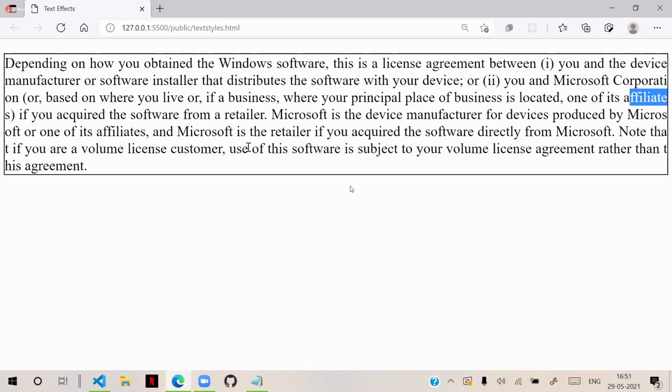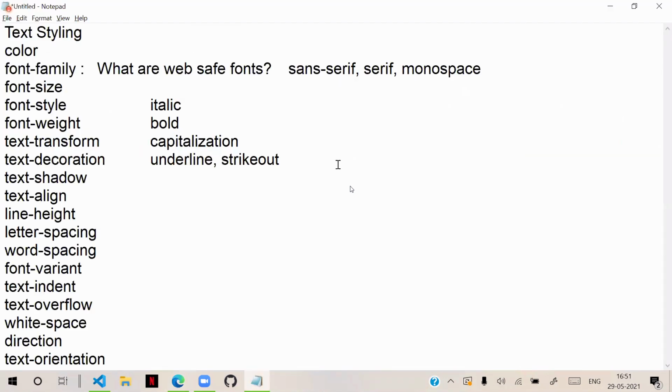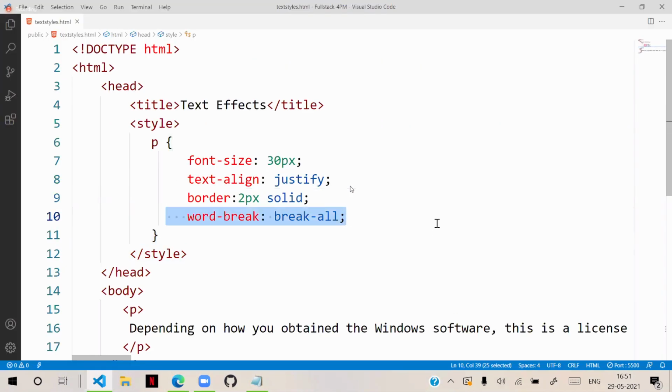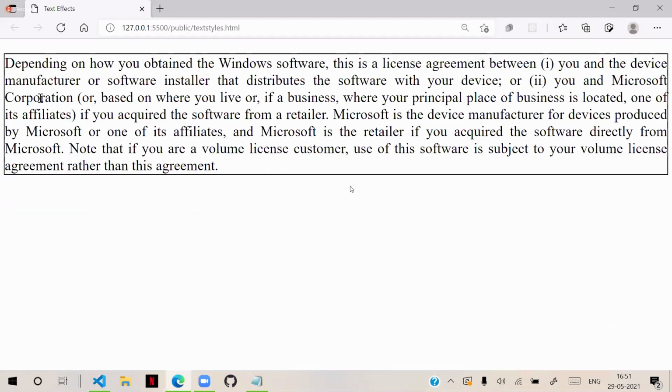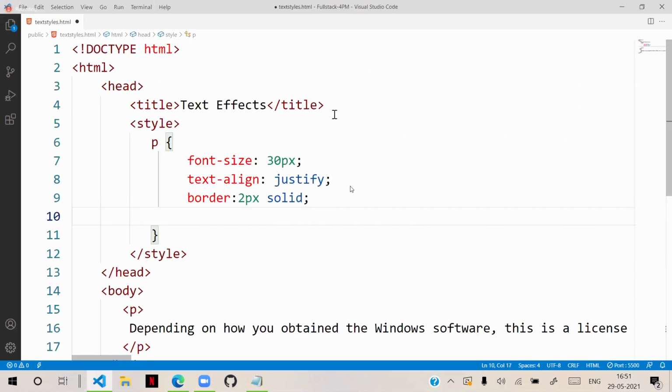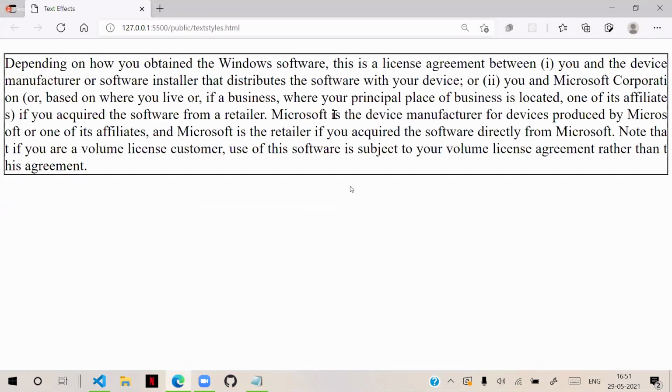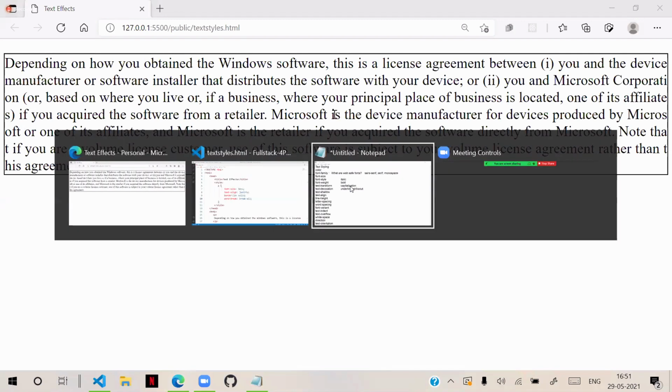Otherwise, what happens is that the word comes to the next line automatically. If you don't give word break, then it will be in this way. Microsoft, that entire word comes to the next line and it will adjust some space between the words automatically. We don't want that. We want to break the word and continue. We don't want extra spacing. Then you can use this technique. The words can break when they go to the right. Such options are configured by using word break. So these are all the important text effects.